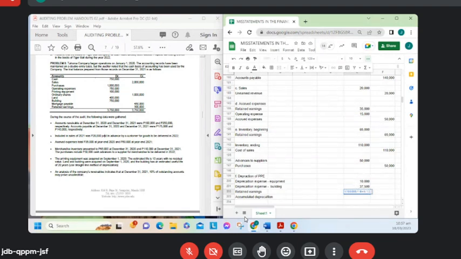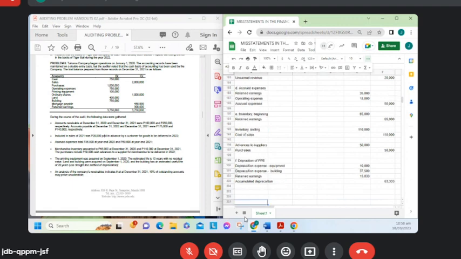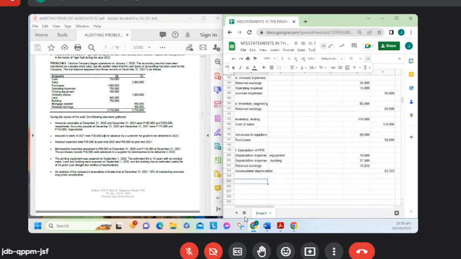So the first one plus the 750,000 divided by 20 years times 4 divided by 12 and 15,000. So accumulated depreciation will be 83,333. Okay? And then an analysis of the company's receivables indicates that at December 31, 2021, 10% of the outstanding